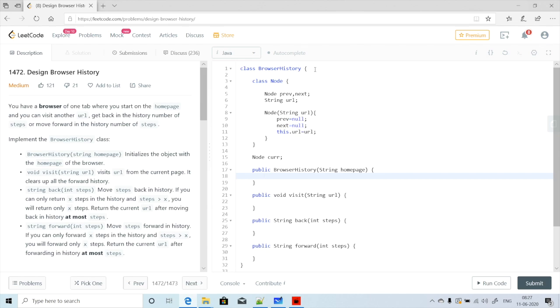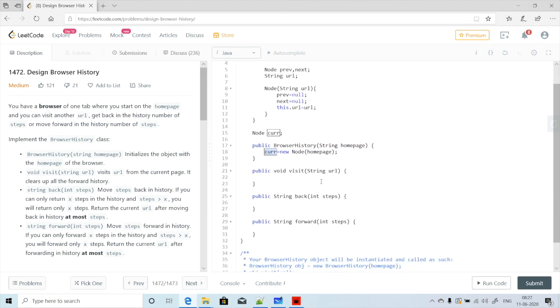So current node is equal to new Node, and we will pass homepage. So we have created our current node, and that will work for now, because we do not want to create anything else.